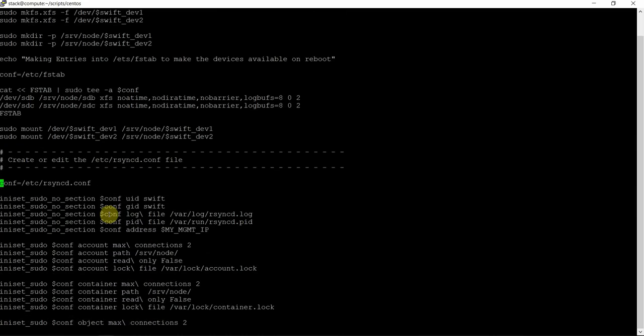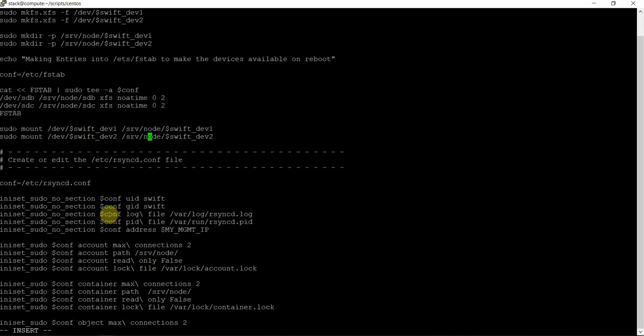Remember, we had some additional invalid options, because this is an old script. We don't require any other option other than noatime. I'm removing all the other options, so these are no more required. This is the only option required, noatime.